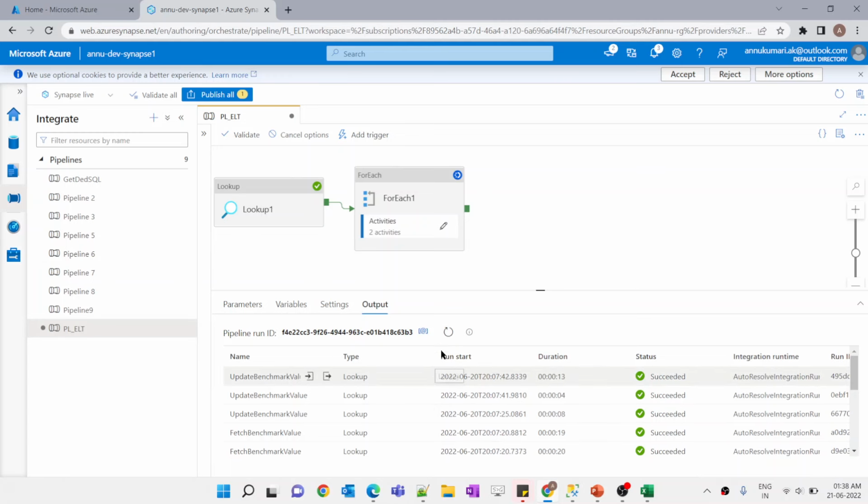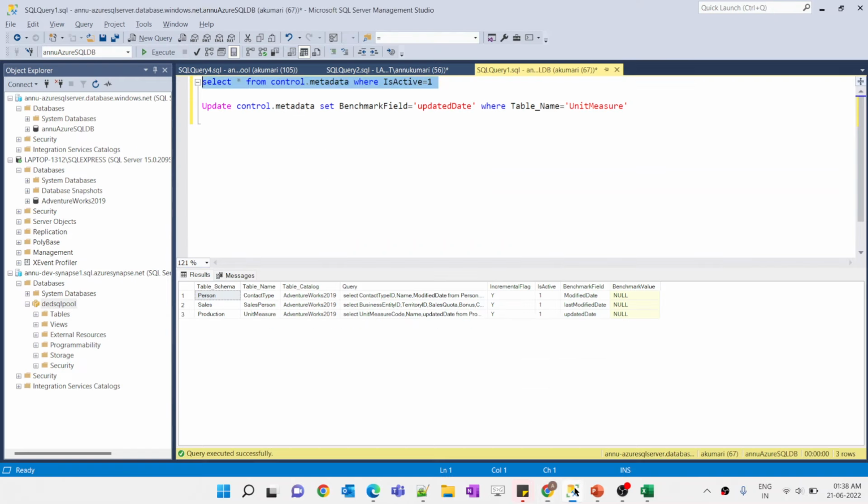So yeah, this is completed. Now let's go to the control.metadata table and see if these values got updated or not. So let me run this. Now we can see the benchmark value got updated. Okay, so now we have to take this benchmark value as the reference,